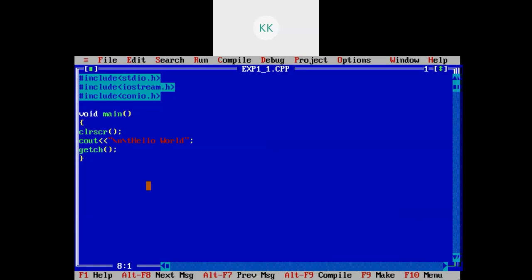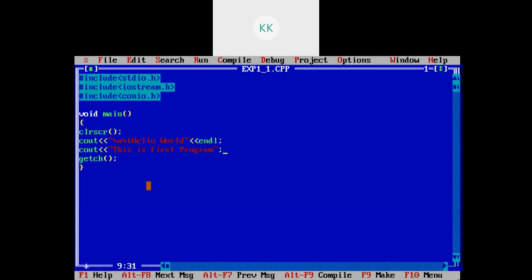Again, you can end it with endl. So what it will do, it will print the next output in the next line. So this is the first program.